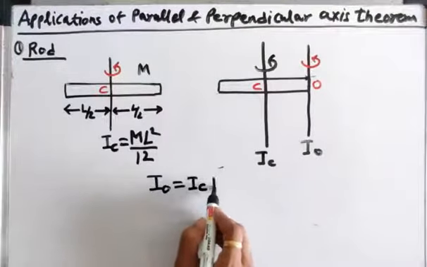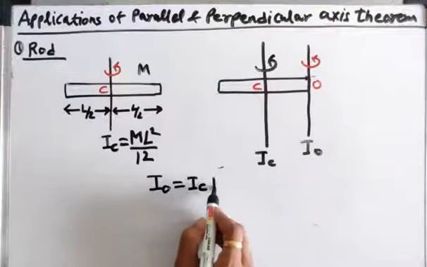But now we want to find moment of inertia of a ring about an axis tangent and perpendicular to its plane. So here you can see this is the new axis of rotation which is tangent to the ring and perpendicular to its plane. So we can see these two are the parallel axes.